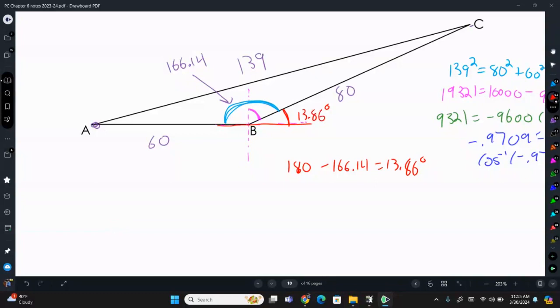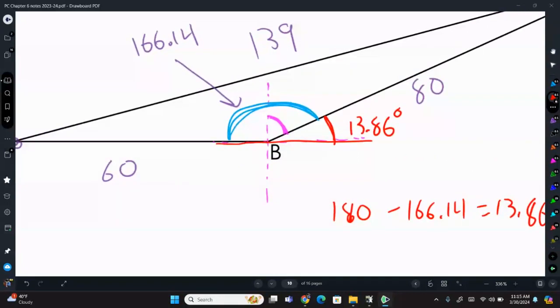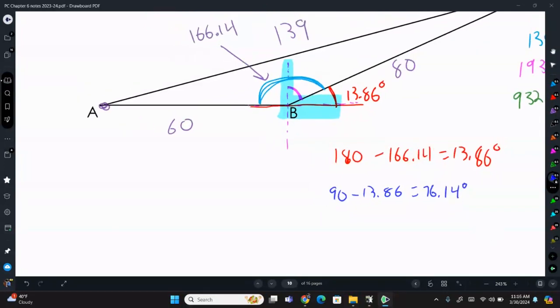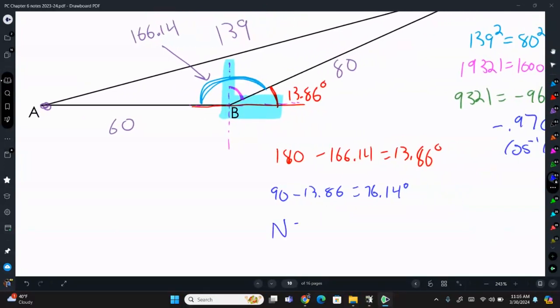So now we can use that, because this is a right angle right here, a 90-degree angle. We can use this and do 90 minus 13.86 to give us our bearing. So 90 minus that, I get 76.14 degrees. So then my answer is going to be north 76.14 degrees east, because from north I'm going east